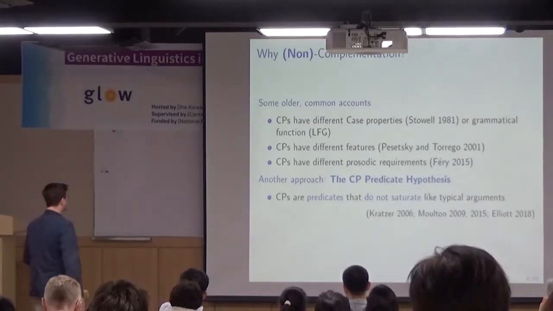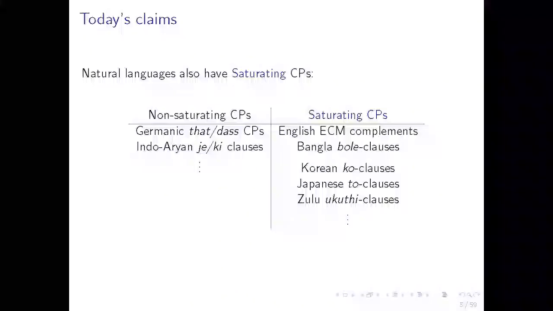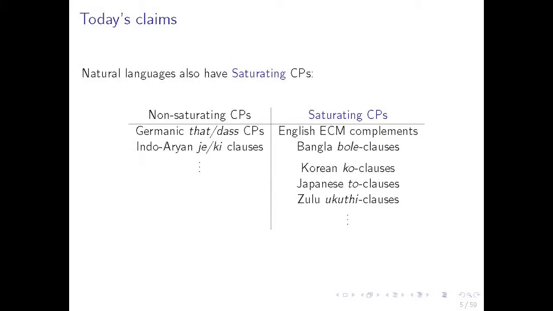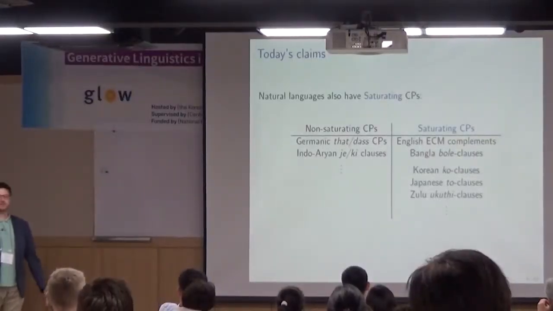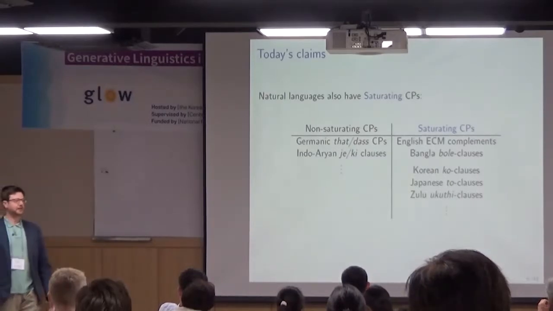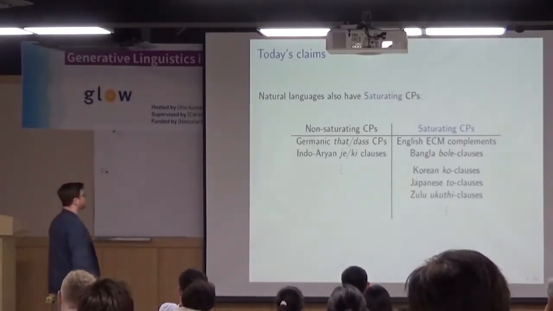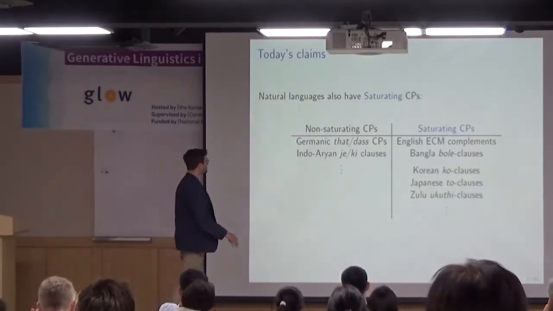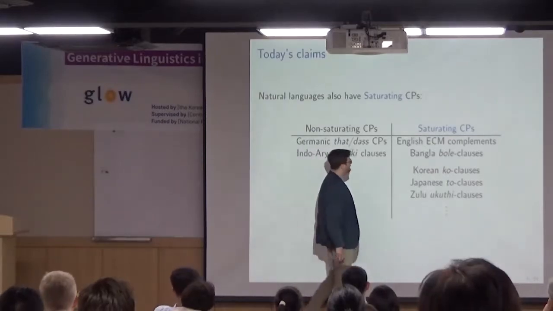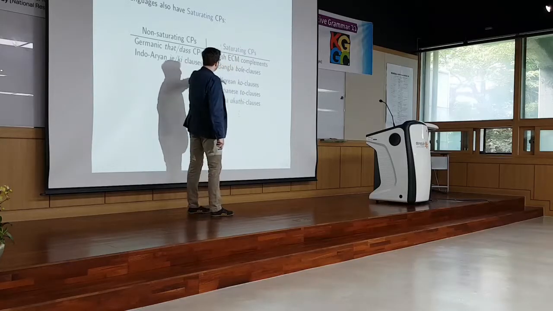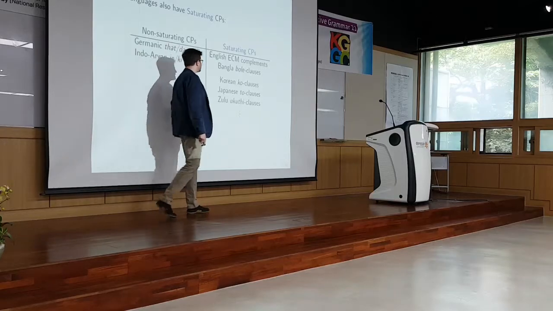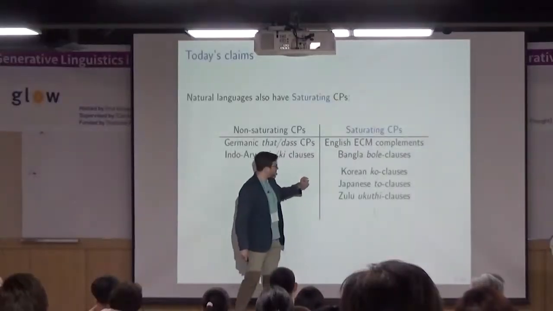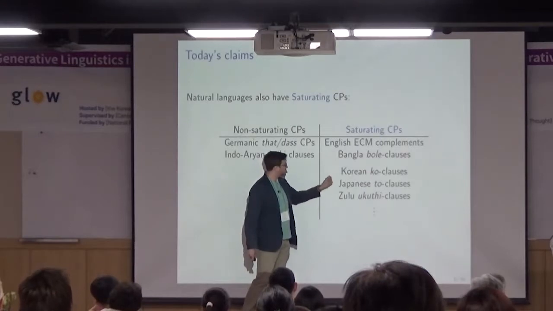And that's what I had worked on in my dissertation and things following. Today I want to talk about CPs that are saturators. CPs that don't have the same signature as English that clauses, but do things that make them look like they're not just adjuncts, or that have more complementary properties. I call these saturating CPs, and they include, as we'll see, familiar things like ECM complements, and then a number of things that we'll talk about today: Bangla complements, Korean, Japanese,